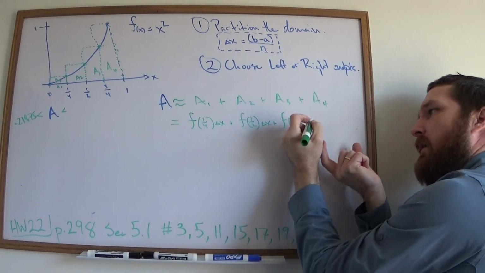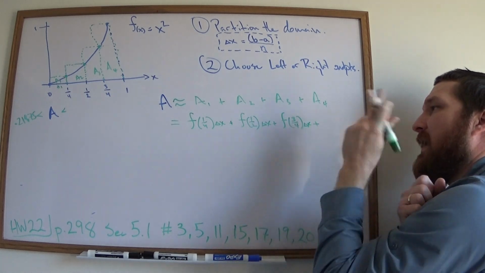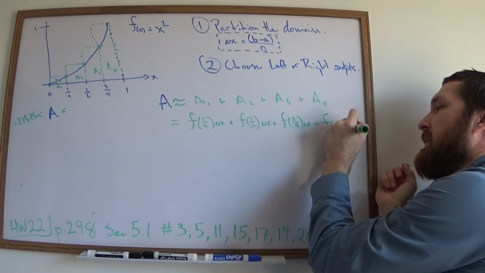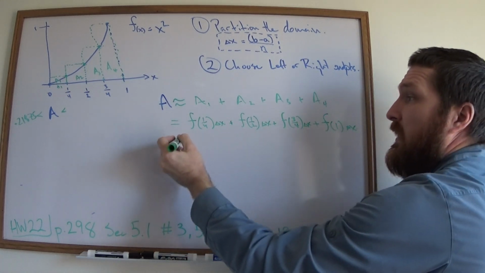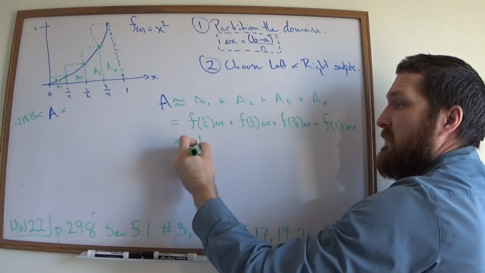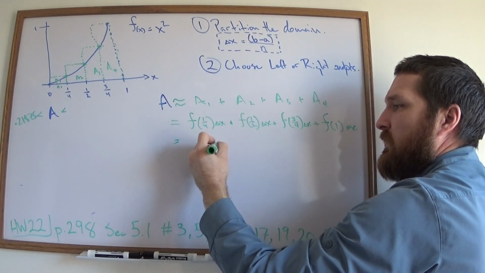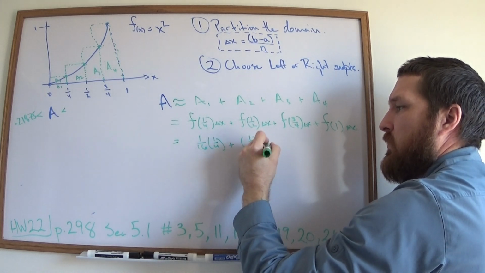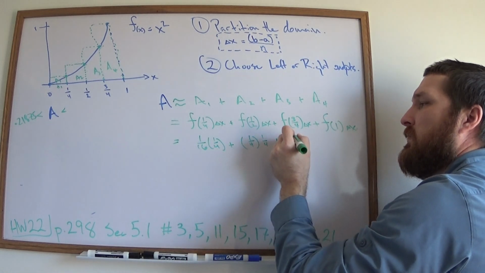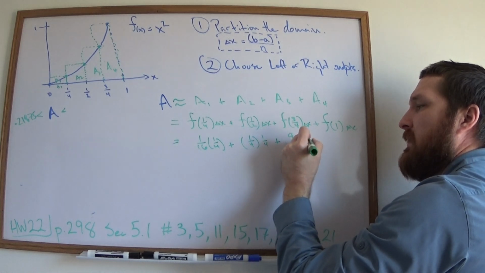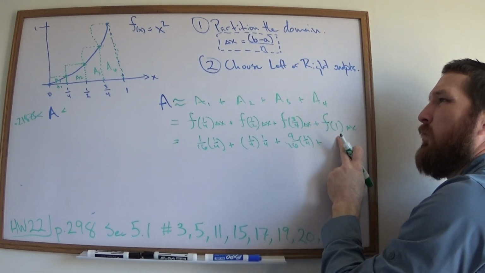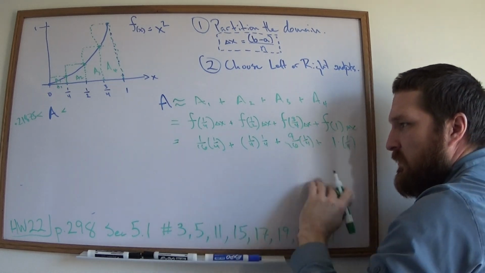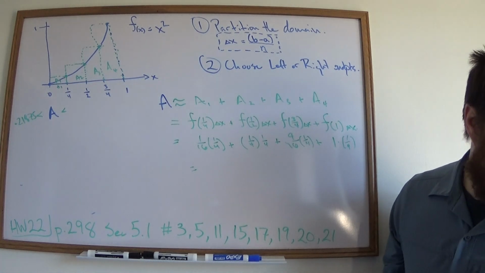What's the width? Delta x. Delta x. And now finally, how do we get the last one? F of 1 times delta x. And we could do all this. This gives you a 16th times 1/4. A half is 1/4 times 1/4. Plus 3/4 gives us the 9/16 times 1/4. Plus f of 1 is what? 1 times 1/4. And you do some calculations and you find